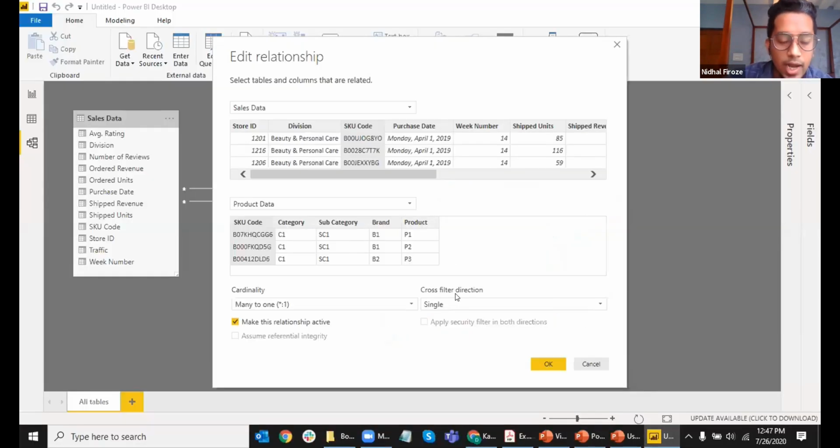Okay, so I'm not going to explain that one more time, because compared to the other topics that we want to discuss, it's not that important, so you don't need to worry about it. Most of the time Power BI will determine this by default, looking at the data, and it will do it on its own. So unless you want to change it for some specific purpose, you don't want to go and change it. It has that intelligence to do it on its own. So this is cardinality, and in cross filter there is single and both direction. If I choose both direction, any filter on one dimension table will apply on other dimension tables also in a star schema. Okay, so that's about how I can edit the relationship.